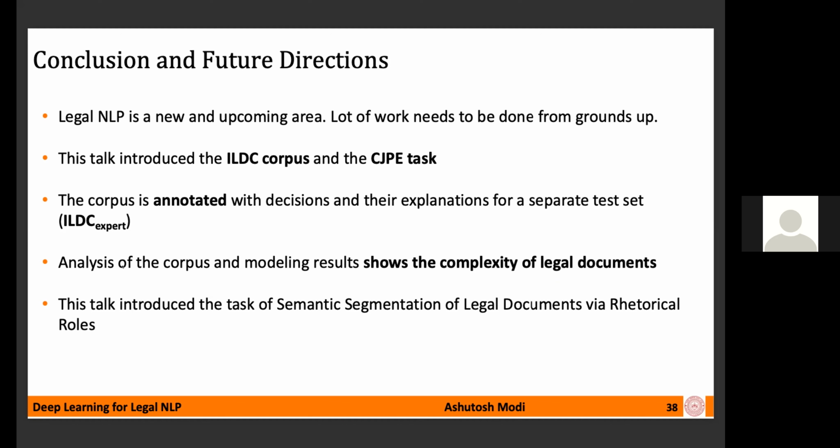And then in the later part of the talk, I introduced the task of rhetorical role prediction, which is about dividing the document semantically into chunks so that each chunk is topically coherent. And then I also very briefly showed the new proposed model, the multitask learning model, which makes use of the label shift information to make the prediction. I didn't go into details, so I pointed towards the paper, and you can refer to that paper for more details. So I would stop there. Thanks a lot. Any questions?